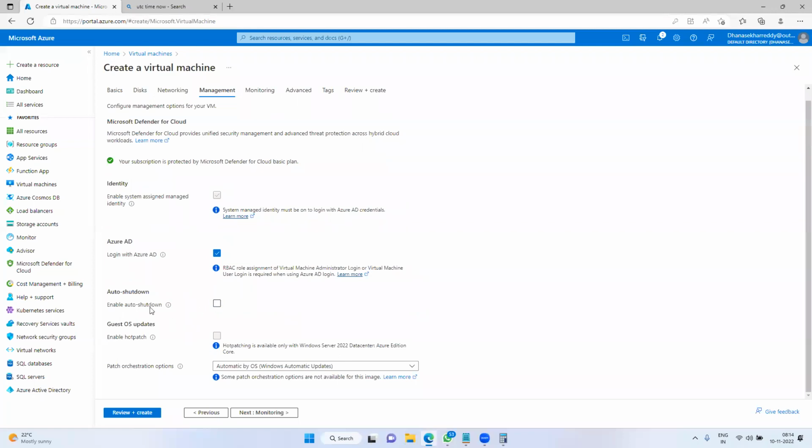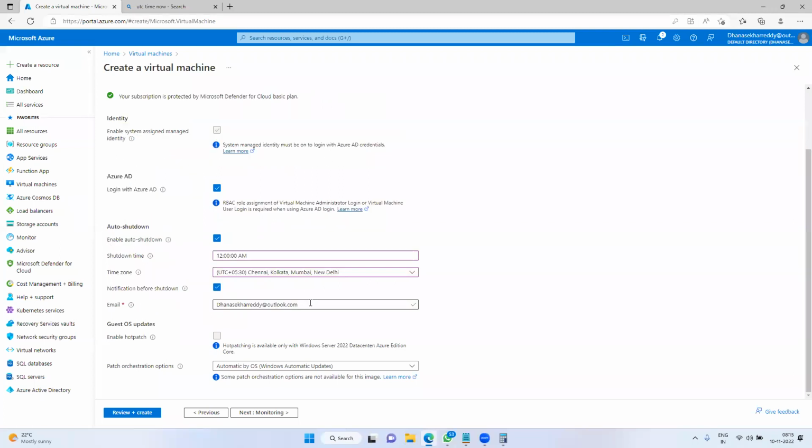In real time, 100% we will disable it, guys. Why? Because the business runs 24/7 and your application should be running. But I am enabling it, especially for you, as an advantage. Why? Because we are using a free trial. If you start the virtual machine and leave it with a high configuration, all your credits will get expired within a span of 1 week. So take care about it. After your practice is over, try to shut down or terminate the service.